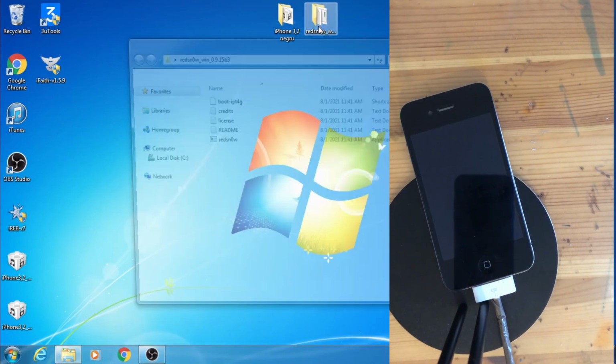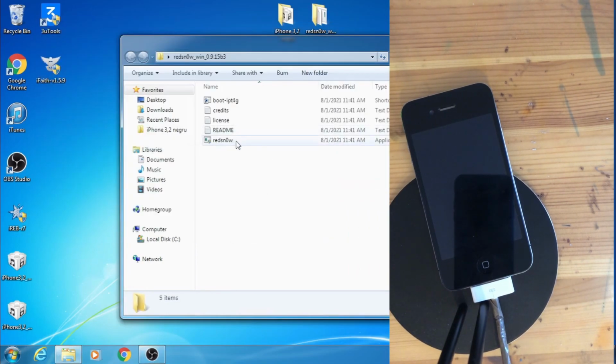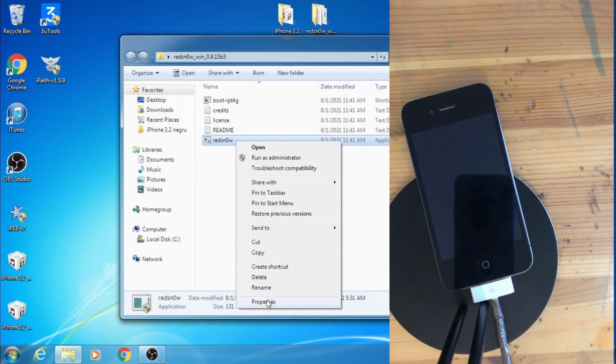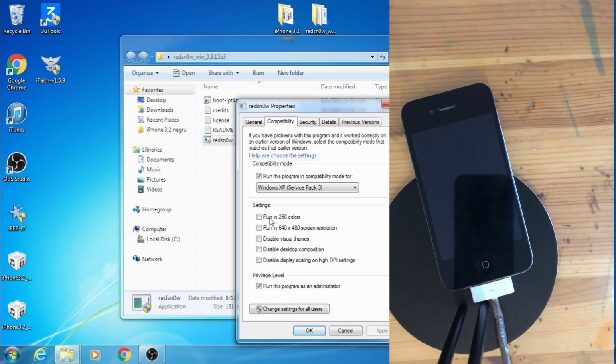Okay, now you will go to Redsn0w's properties. Compatibility. And make sure to run it in compatibility mode for Windows XP Service Pack 3 and run the program as an administrator. Then you should click apply and then press OK.